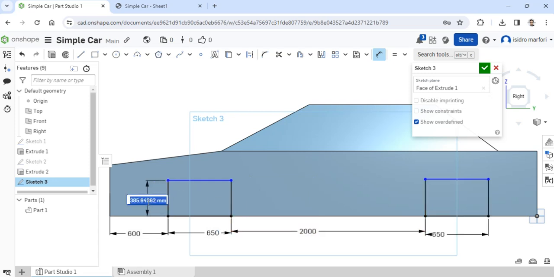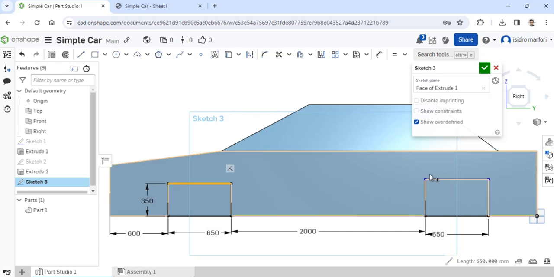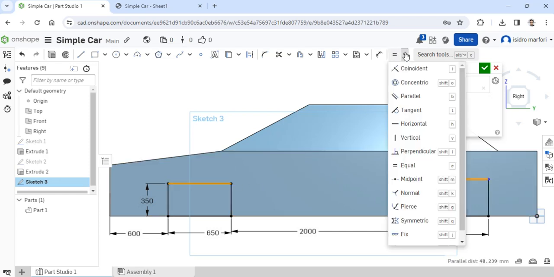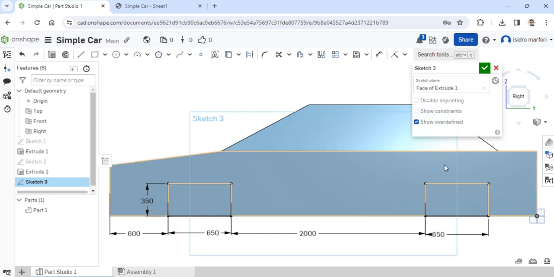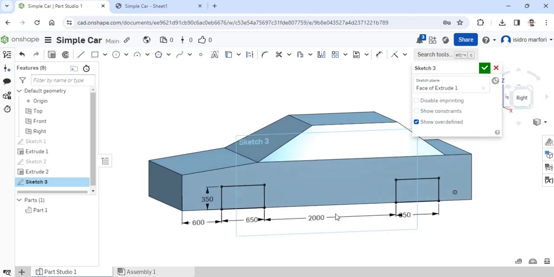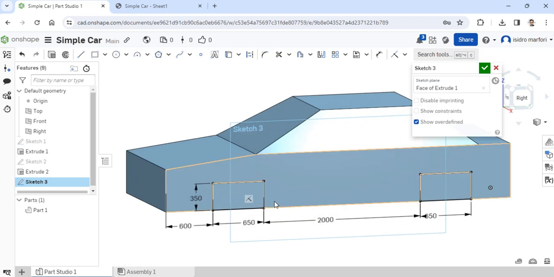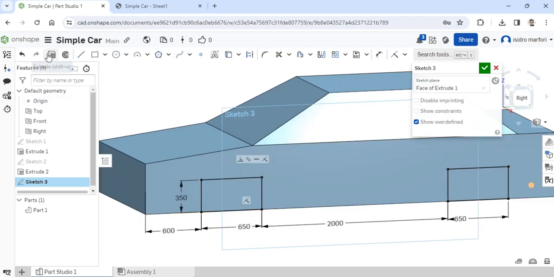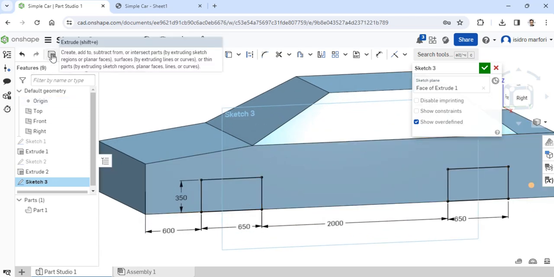Then for the height, I'll simply set it to maybe 350. 350 looks okay to me. And then I simply constrain these two lines to be coincident so that they will become leveled.